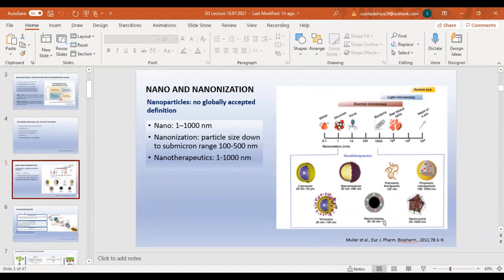You can see here that most of the therapeutics have various ranges. They can be formulated in a range because the particle size depends on many of the formulation factors, the processing parameters, the method of preparation, etc. Right? So depending on this, this 100 to 500 nanometer is the colloidal particle size, you can say. They usually exert quite different physicochemical properties compared to the bigger particle size. But as the colloidal particle size also shows up to 1000 nanometers, that's why we consider the broad particle size range as 1 to 1000 nanometers.